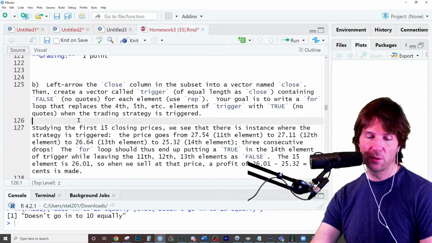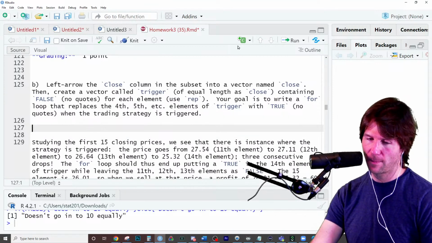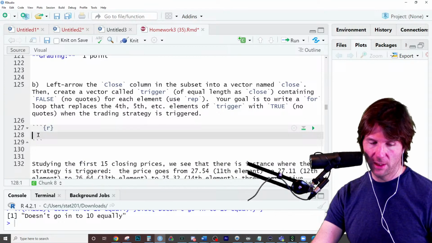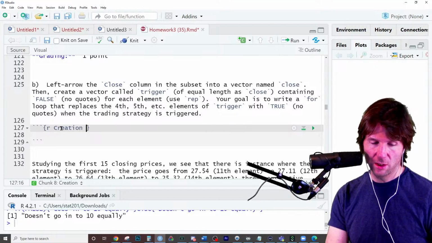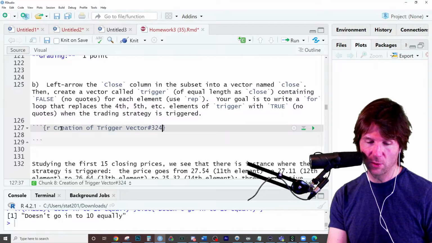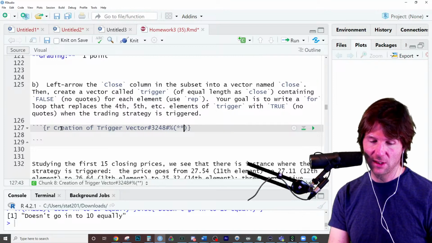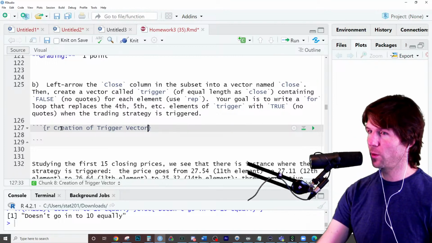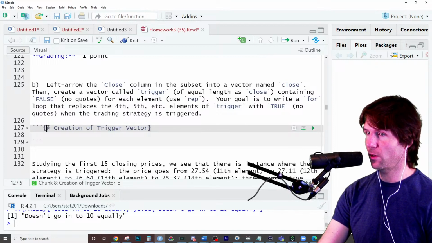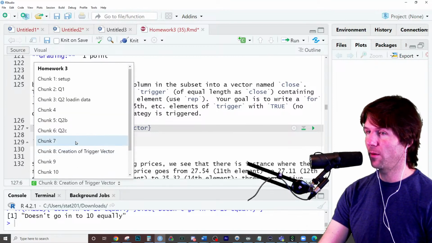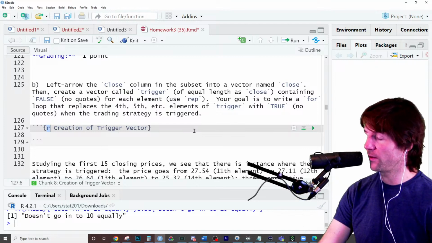The first thing we might want to do is create a spot for the trigger vector. So this I can show, because if you want to create, let's say, creation of trigger vector. Now be careful, you don't want to add things like hashtags or random symbols. I think I've seen some errors right there. Be very careful. You also do not want to remove this R because that calls the language. That's just the name of the chunk you're calling. Be very careful. I've seen a lot of errors already.